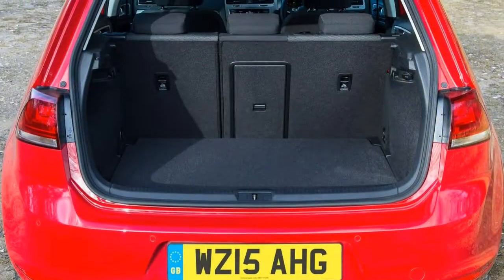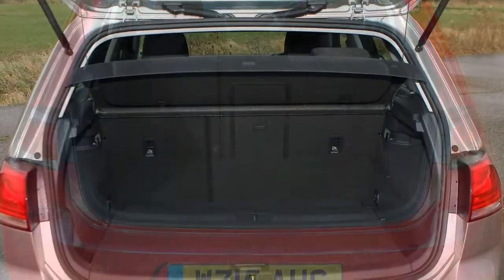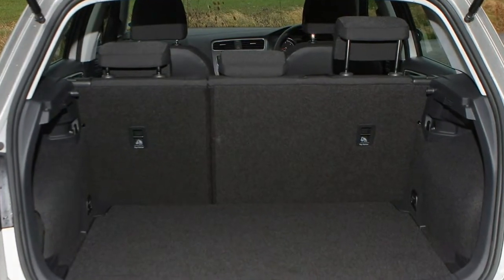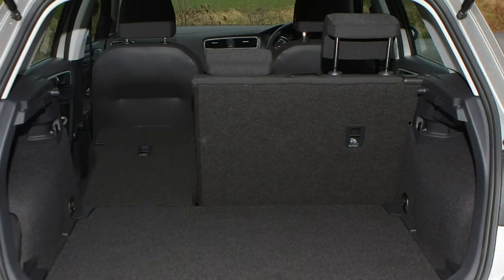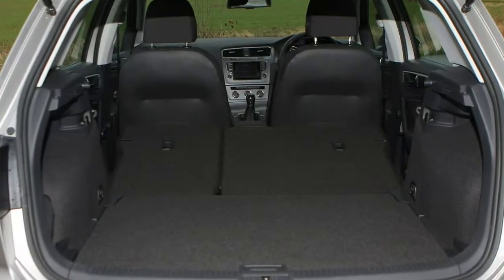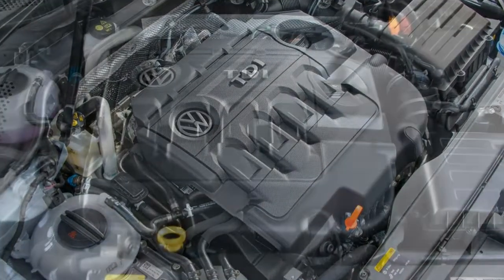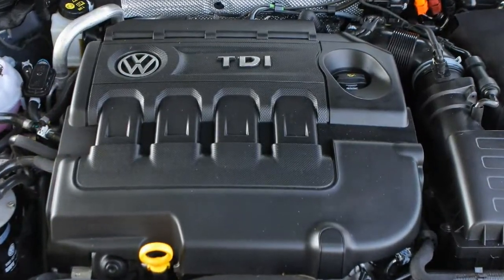Lane assist keeps your car in its lane when traveling on the motorway, and finally there's automatic distance control, an adaptive cruise control system that maintains a set distance from the vehicle in front. A driver alert system monitors the driver's concentration levels and recommends stopping for a break if needs be,